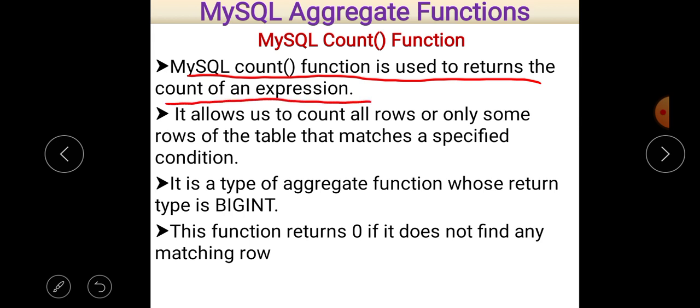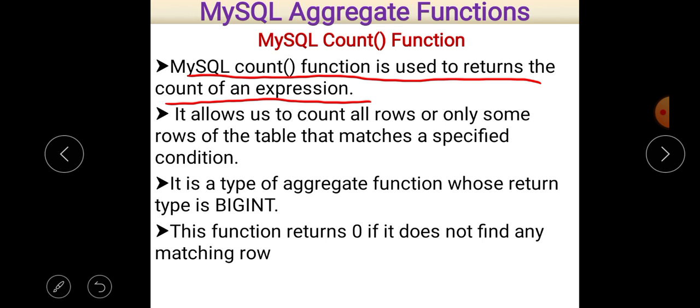Second point, it allows us to count all rows or only some rows of the table that match a specified condition. If a condition is given, it will count according to that. Otherwise, it counts all records. If no condition is given, then all rows will be counted.